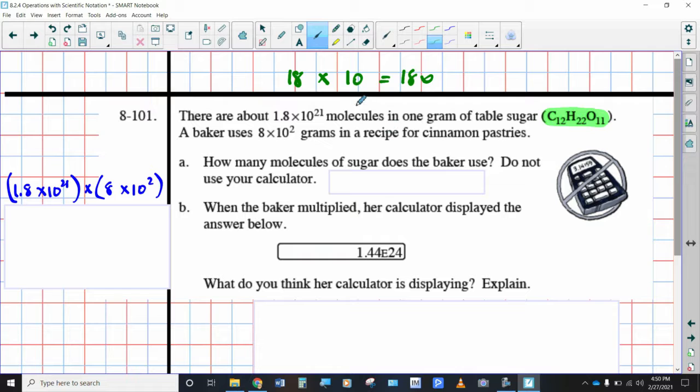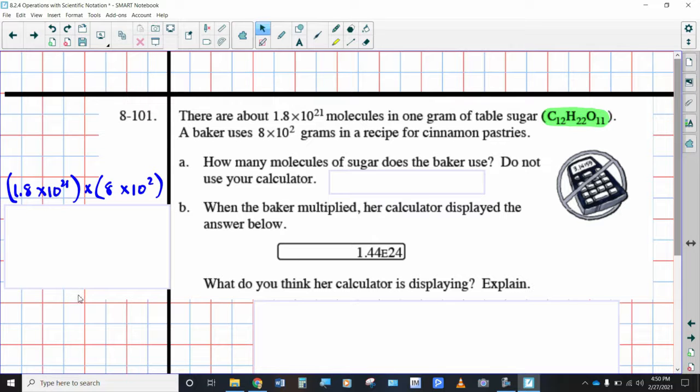So we're using the same approach. If there are this number of molecules per gram and you have this number of grams, you have to multiply those two numbers together in scientific notation. So how are we going to do this? Go ahead and set that up